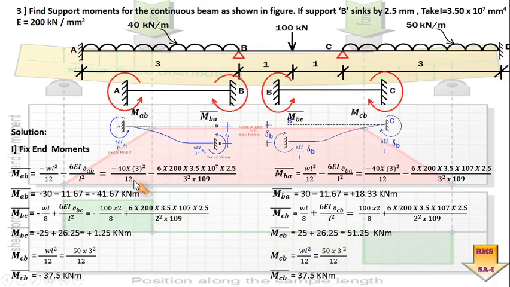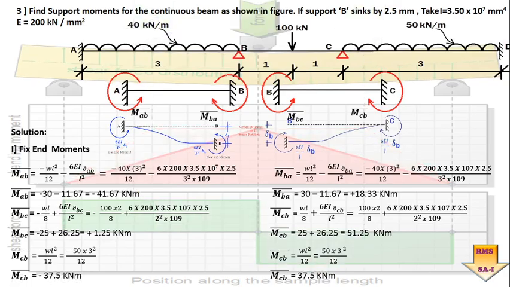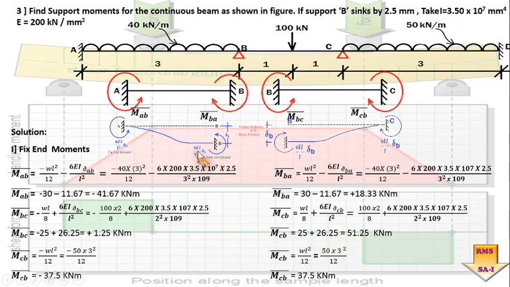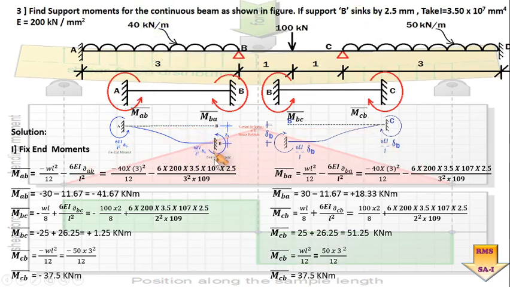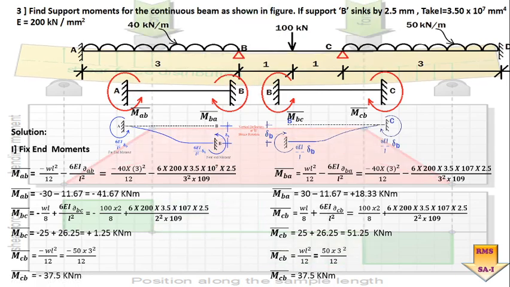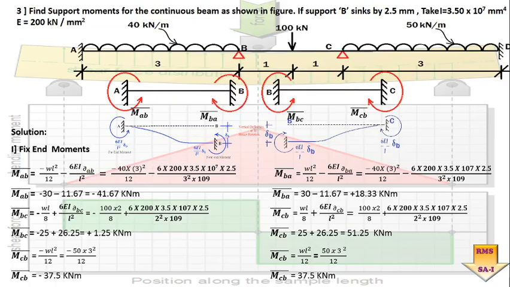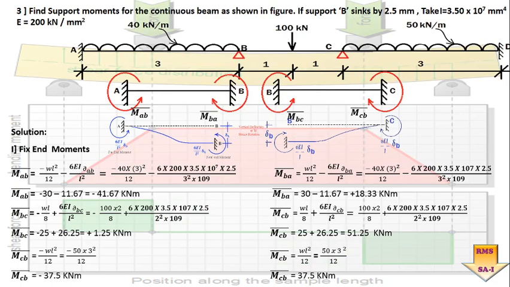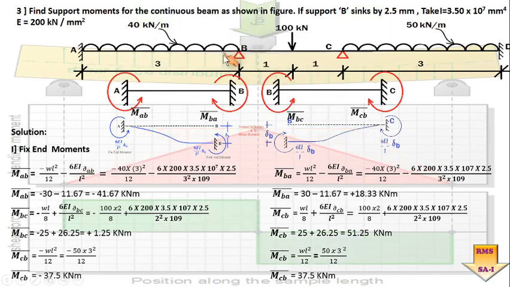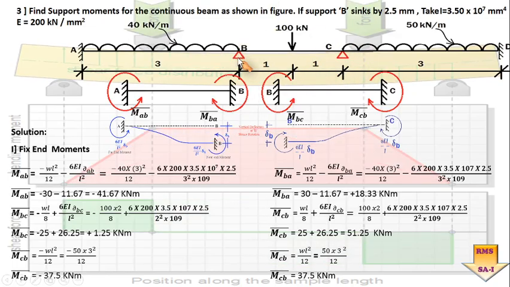So this is how we have worked out the values of the fixed moment, in which we have included the effect of fixity as well as the effect of sinking of the support B. Is it okay? So once we finish with the fixed moment, the next important thing to work out is the distribution factor, for which we have to understand which joints are to be taken into consideration. You can see here joint B is an intermediate joint and joint C is also an intermediate joint. About joint B two members are meeting, and about joint C also two members are meeting.